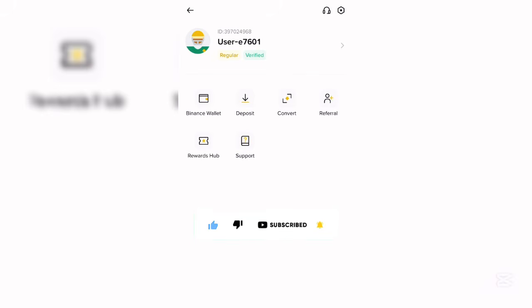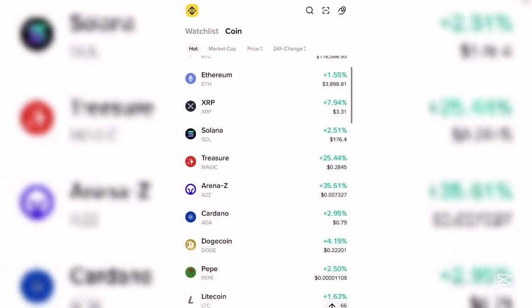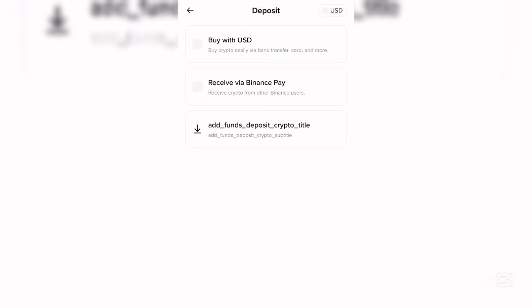When you want to receive funds, this is your Binance wallet. Just click on that. This is your Binance wallet. You can copy the address and use that to send funds into your Binance account. And you can see the available networks on your Binance account. When you come over to add funds right here, this is the place where you can deposit funds